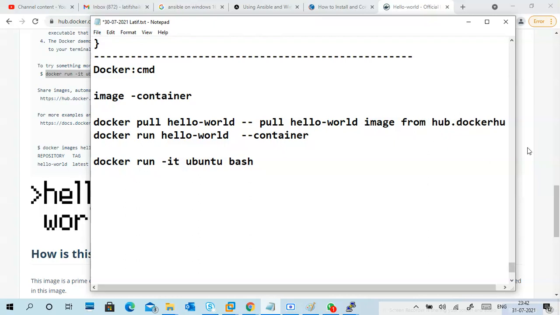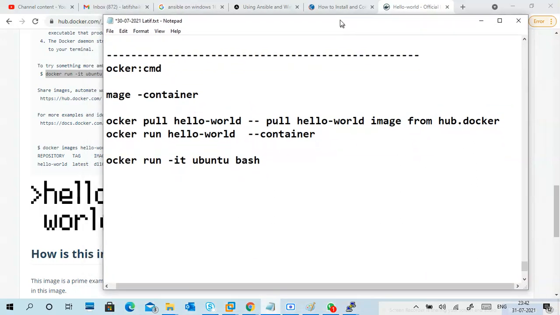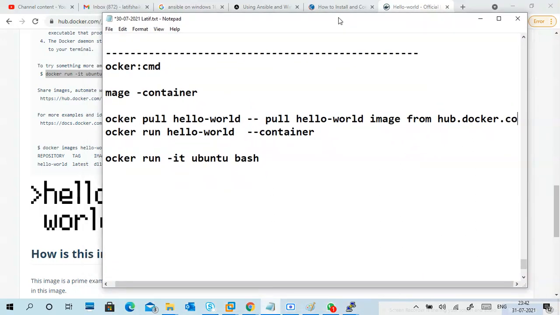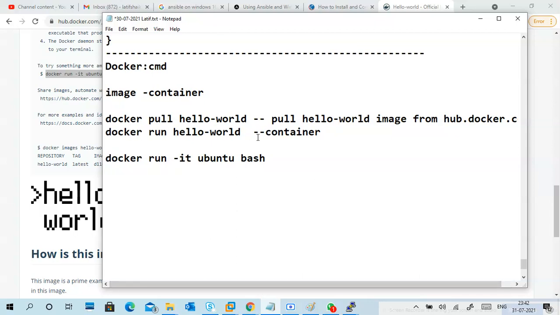Better to get habituated to it. You're pulling the image from Docker Hub. Run means you're running a container. So you created a container to run the hello world image.